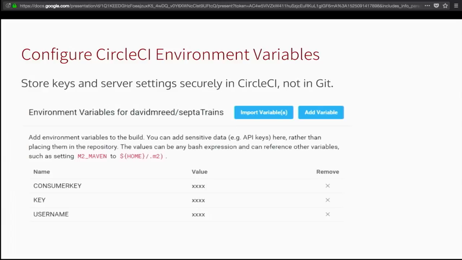And those values are the consumer key that we pulled out of the connected app that we built a few steps back, the passphrase that we use to encrypt our server key, the piece that pairs with the certificate to establish that JWT authentication, and the username under which we're going to authenticate into production Salesforce, which of course has to have the permissions necessary to create a scratch org.